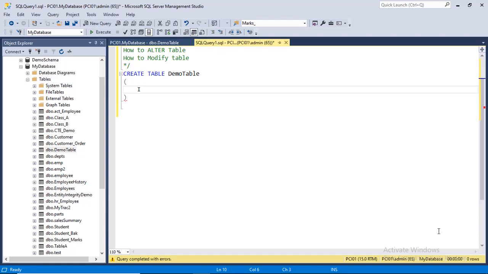So ID, this is the employee ID, and we have to decide the data type for this column. ID is generally a numeric value, so we can take integer, small int or big int, but here we require int because the employee ID should be between 5 to 6 digits. So int is enough. Say int. The important thing about int is that you cannot define the length of this column. In case of int, the length is already predefined. So comma, then